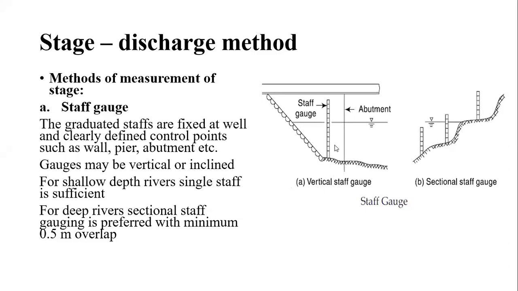This is for a single vertical staff. This is a single vertical staff which has been used here. Here we will consider this as a bridge, and this is a pier of the bridge. Okay, so if this is a pier, then on the pier itself there will be the graduations 0, 1, 2, 3, 4, 5, 6, 7, 8, 9, 10 likewise. It is in meters, centimeters, and millimeters. Graduations will be there, and this is nothing but the staff gauge, that is the application of the metric staffs for measurement of a stage or a height of water in the river.